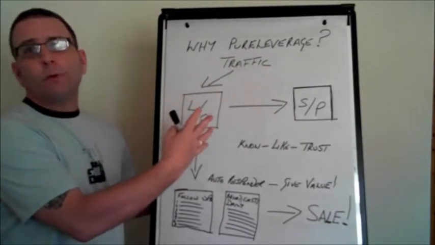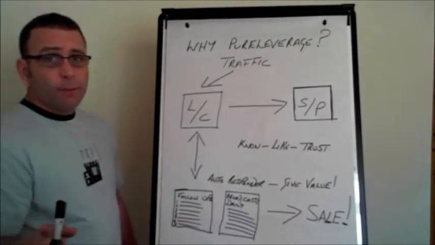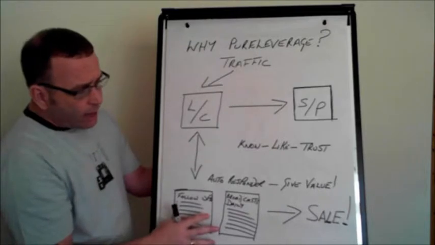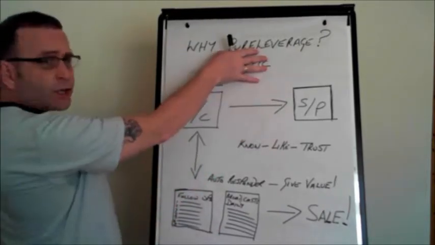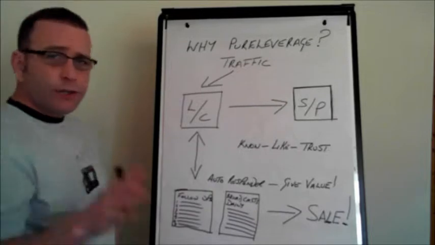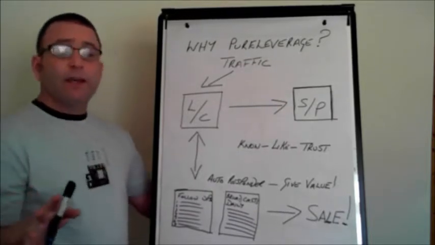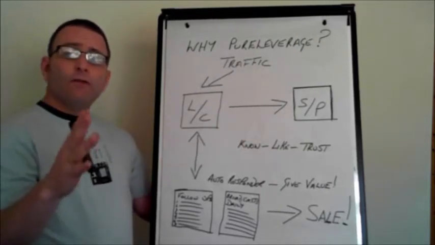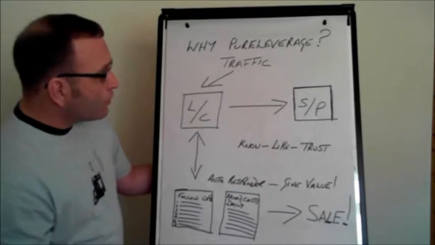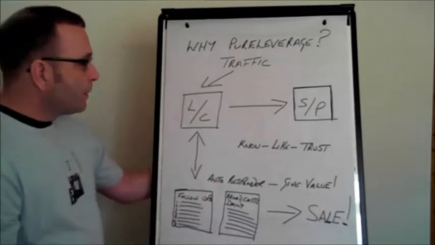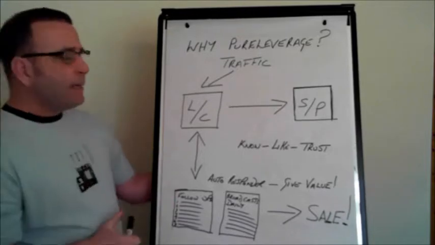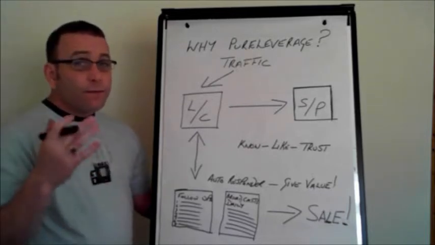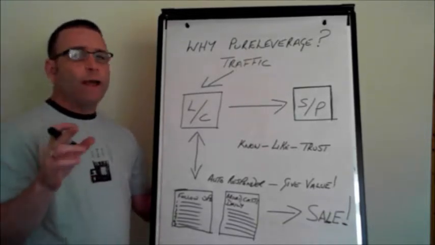Voila, one whiteboard. Now, I am going to keep this simple because it doesn't need to be complicated. You need every component here to make money on the internet. So I'm just going to set aside the traffic for 1 second here and show you what you need. And if you don't have this, then you need to put it in place. Again, we're going to show you how to do all this, but most importantly, you've got all the tools to enable you to do this in Pure Leverage. So the first thing that you need on the internet is a lead capture page. You need to capture that email address. It's vitally important, and I'll explain in a second why that is.